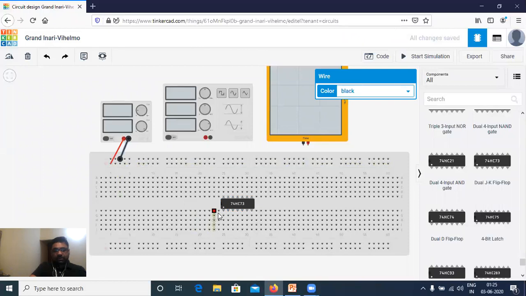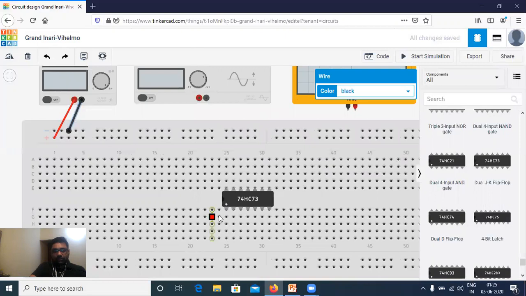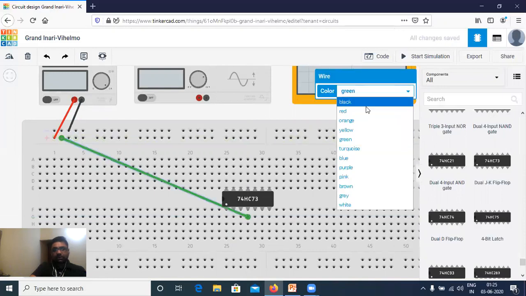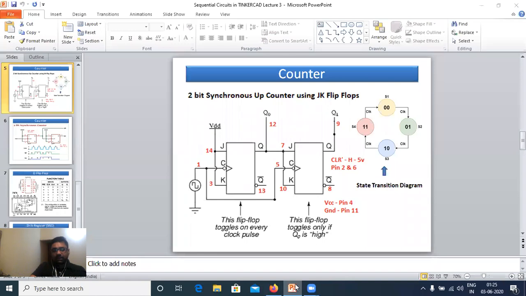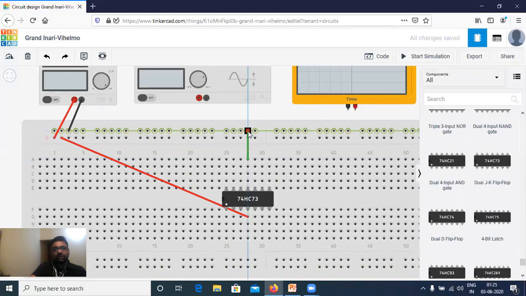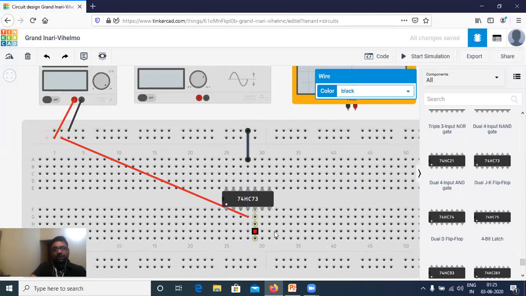So 1, 2, 3, 4, this is my VCC, color coded red. And my ground is pin number 11. So 8, 9, 10, 11, this is my ground. This whole horizontal line is ground, black. So power supply I have given to this particular IC.